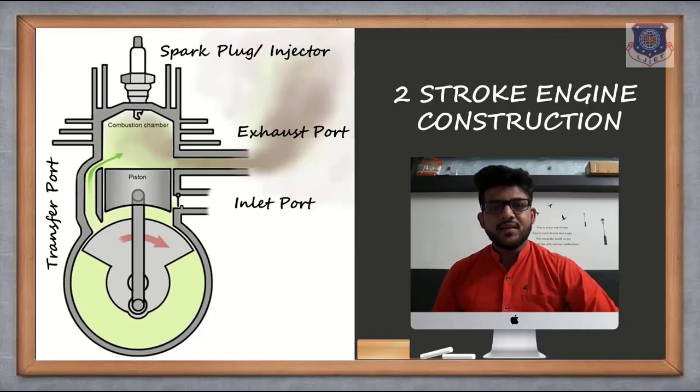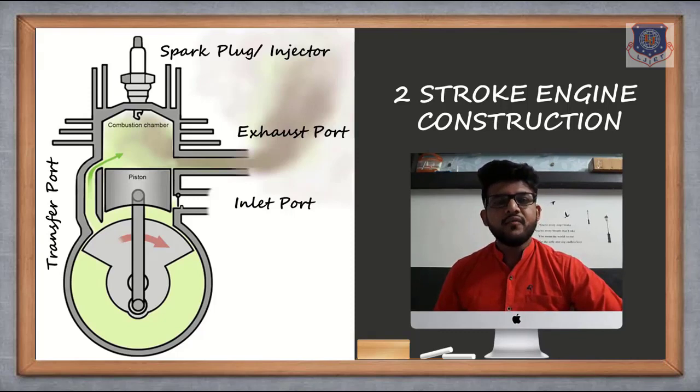Here you can see a simple construction of two-stroke engines, how it runs, but before that we will see the different parts of two-stroke engines. Fine. So here you can see the main parts, that is cylinder, piston, crankshaft and connecting rod. After that there are three ports. Now see clearly, there are no valves. Actually valves are given in four-stroke engines. But in two-stroke engines there are ports.